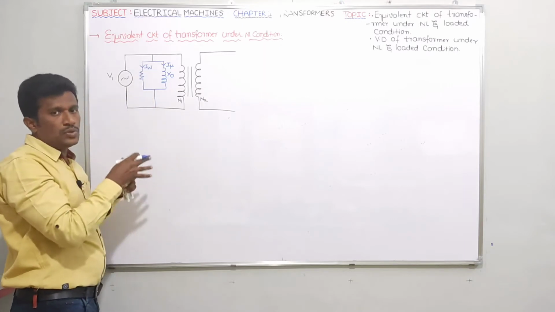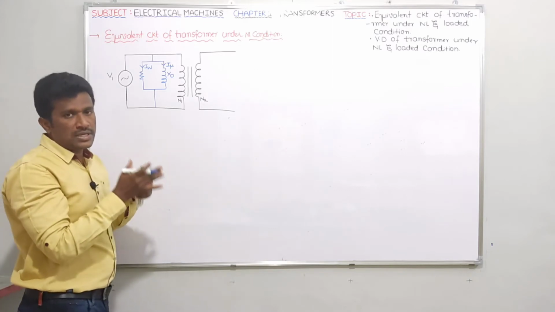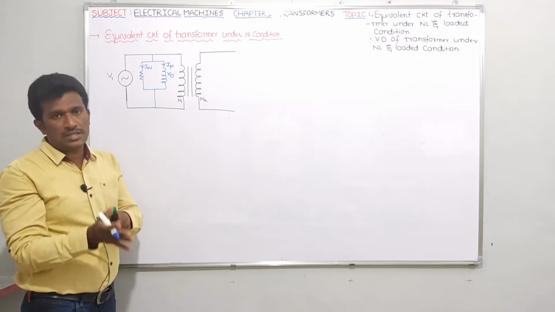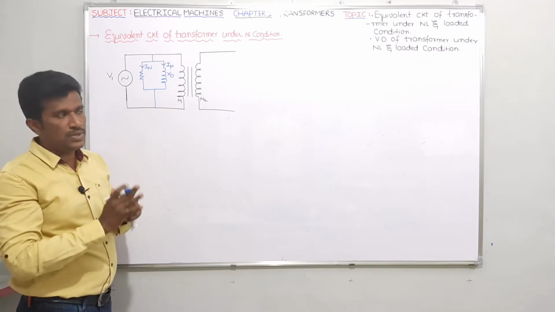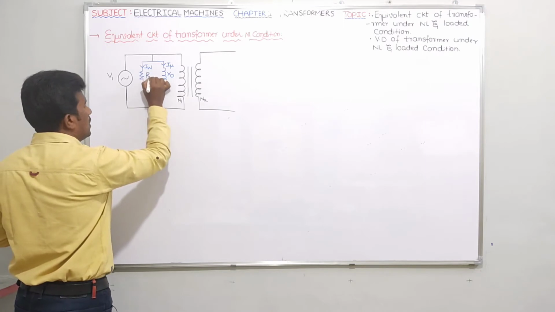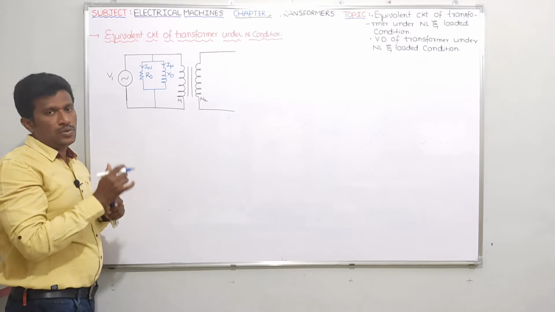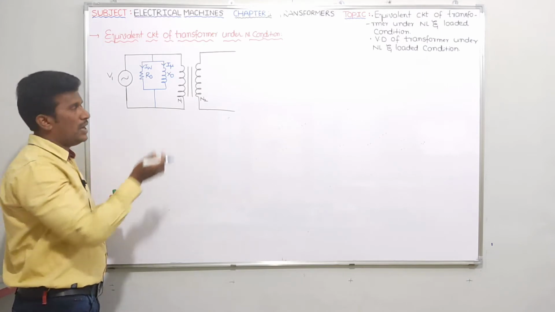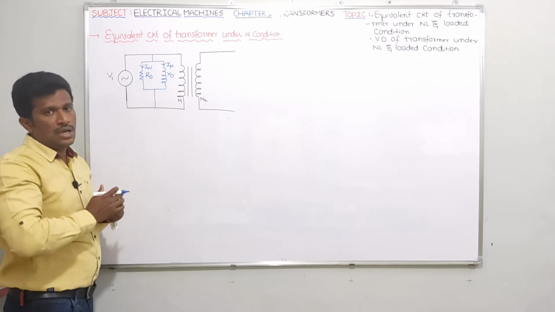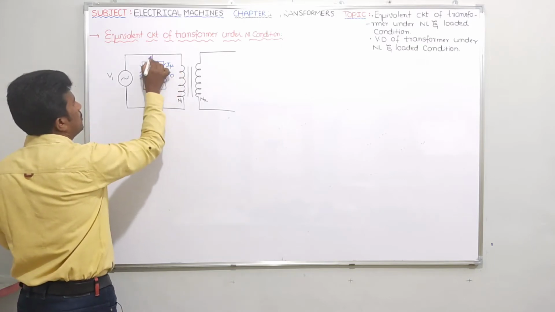Next, IW is used to represent core losses in the transformer. I am just going to justify in this video only why IW is used to represent core losses or iron losses. Since IW represents losses, I definitely need to take one dissipating element, which is the resistance parameter that I had taken here.